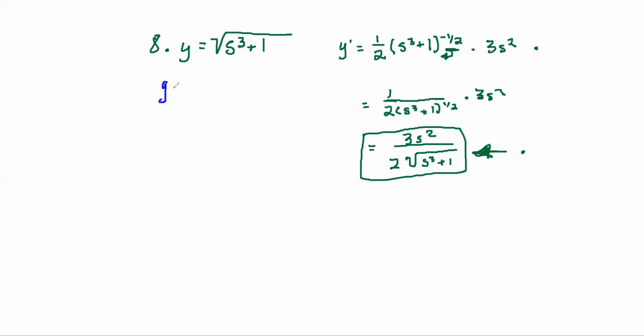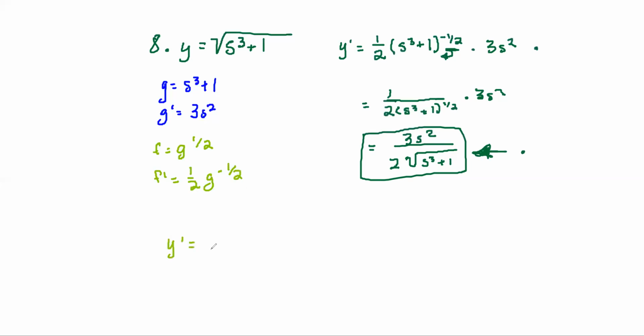Well, we're going to say g is equal to s cubed plus 1. We're going to say g prime is equal to 3s squared. We're going to say f is equal to g to the 1/2, because it's just the square root, excuse me. So f prime is equal to 1/2 g to the negative 1/2. And so